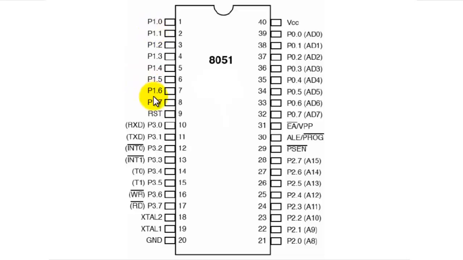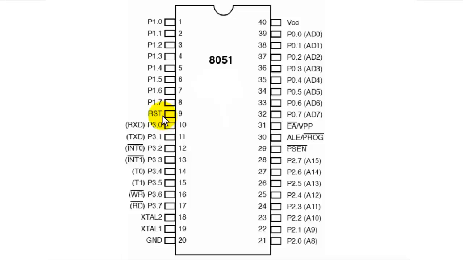Now this port 1 can only be used as general purpose IO, while there are many other pins which can be used as general purpose IO as well as having multiple other functionalities. So we will go through them. Let us go serially to pin number 9. Pin number 9 is the reset pin. As the name says, it resets the microcontroller whenever a high pulse is detected. When we set this pin as high, the microcontroller simply starts the program from the start again.